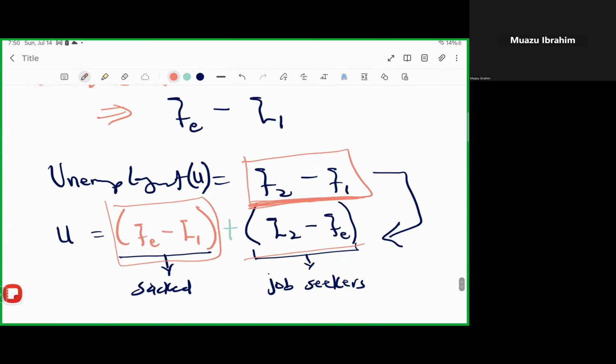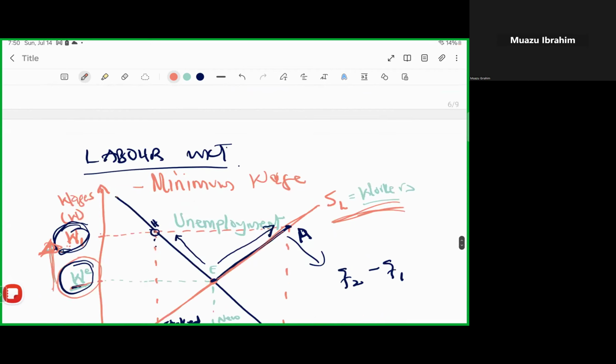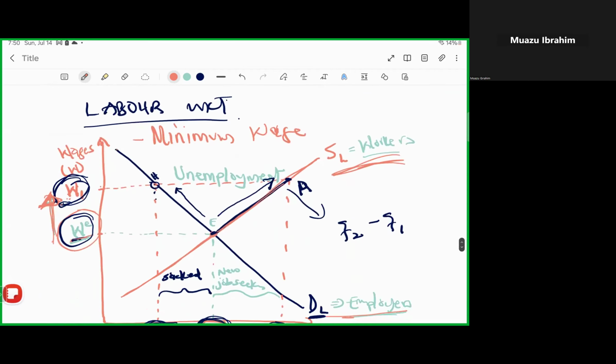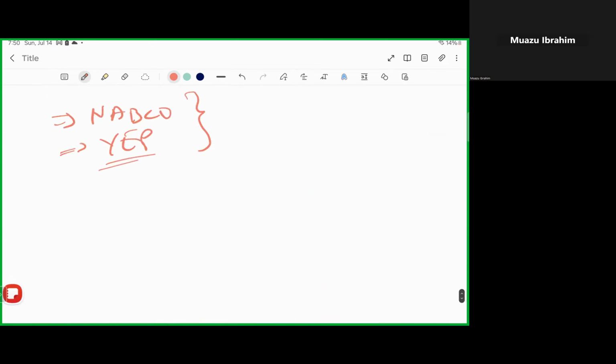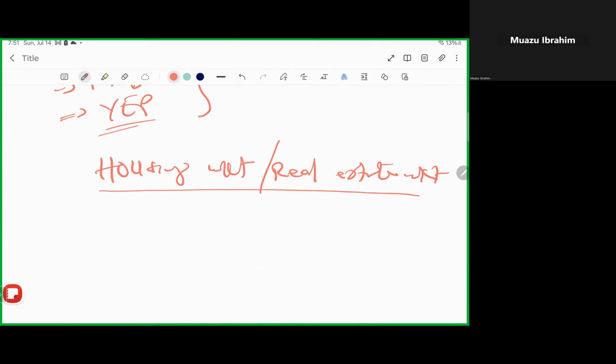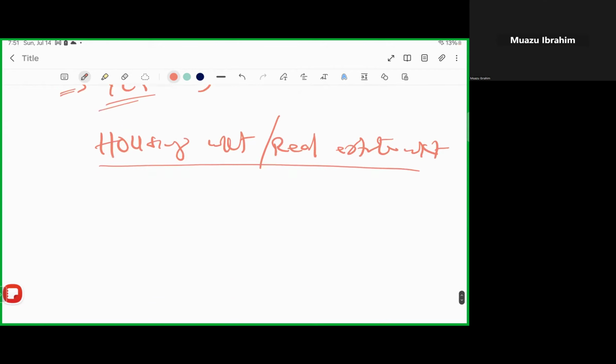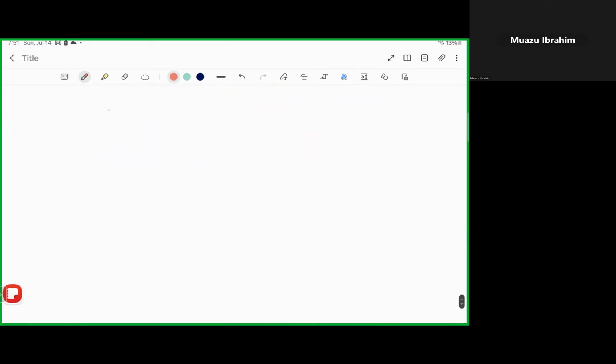Okay, now let's look at the other side of it. Remember, we've been looking at this minimum wage. Let's transfer this to the housing market, or maybe the real estate market. Remember, this is the minimum wage side, so let's look at the maximum wage side. So we have this